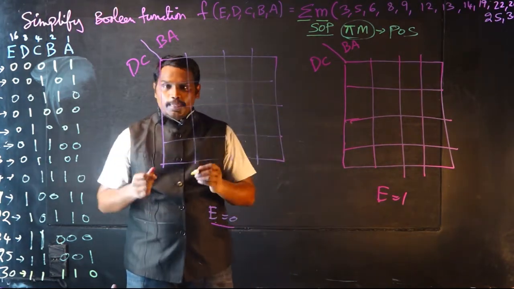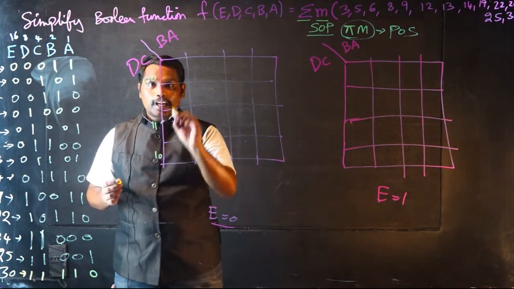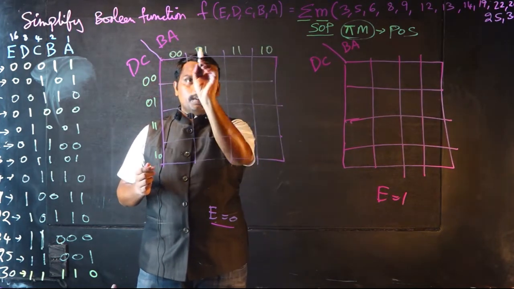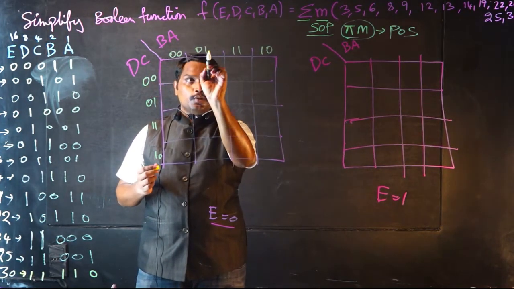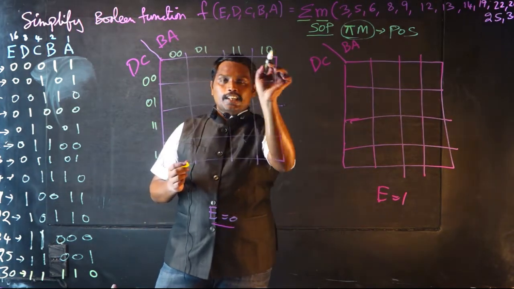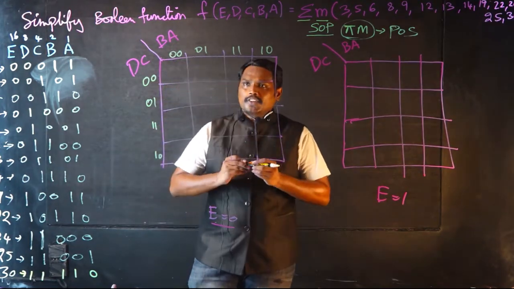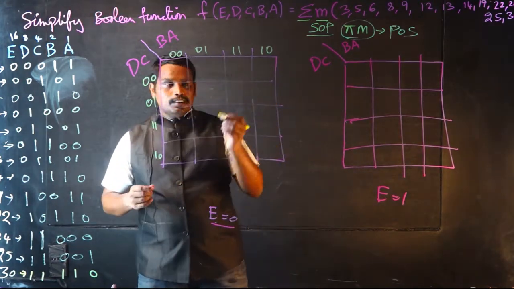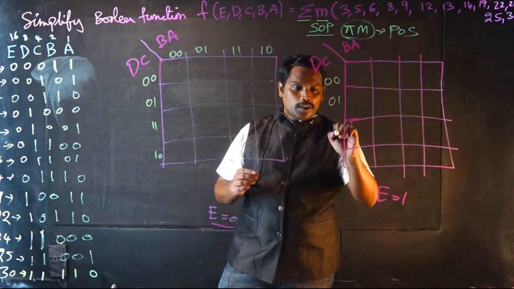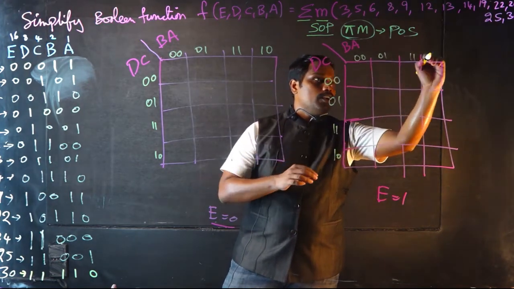So here you can see this is 0 0, 0 1, 1 1, 1 0. As I told you, we are following the gray code sequence because there should be only one bit change. So 0 0, 0 1, and 0 1 to 1 1: second bit is the same, but the first bit has changed. In the same way, the second bit is changed. So only one bit position has to be changed. That is how a gray code sequence will work, which is also called a unit step sequence. In the same way, you construct here 0 0, 0 1, 1 1, and 1 0. In the same way, 0 0, 0 1, and then 1 1, and 1 0.